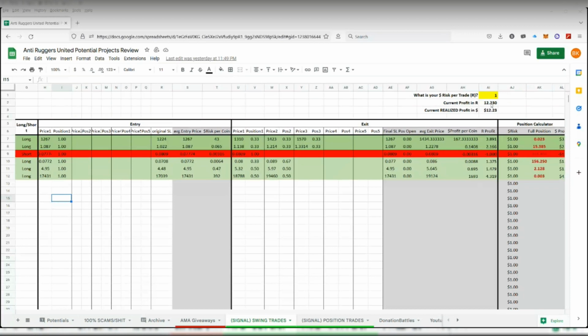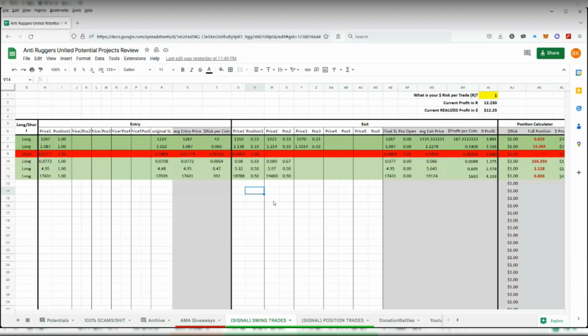This R right here, guys, I would like everyone to really learn how to use the R instead of using leverage or 50x, 100x, because leverage at the end of the day doesn't really matter. All it does is provide you with enough buying power to make the trade that's required with whatever R you're trying to get, or whatever stop loss you're trying to use, right?